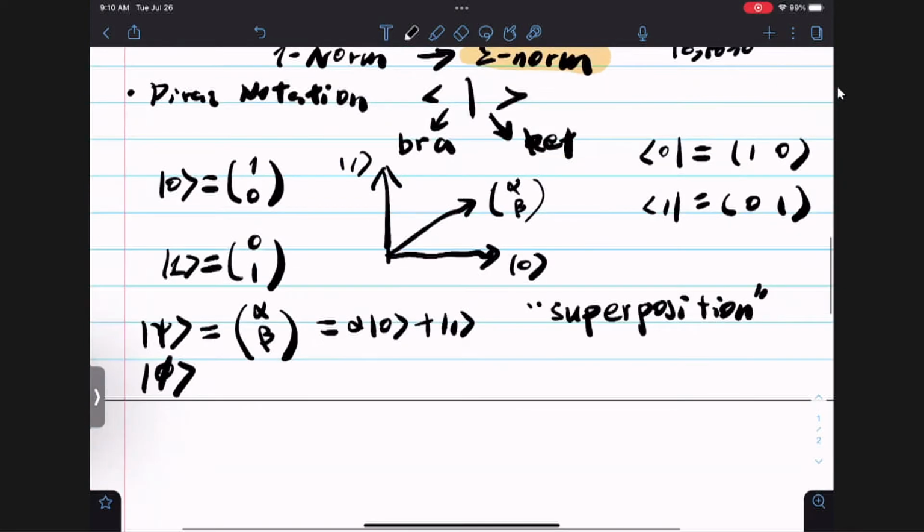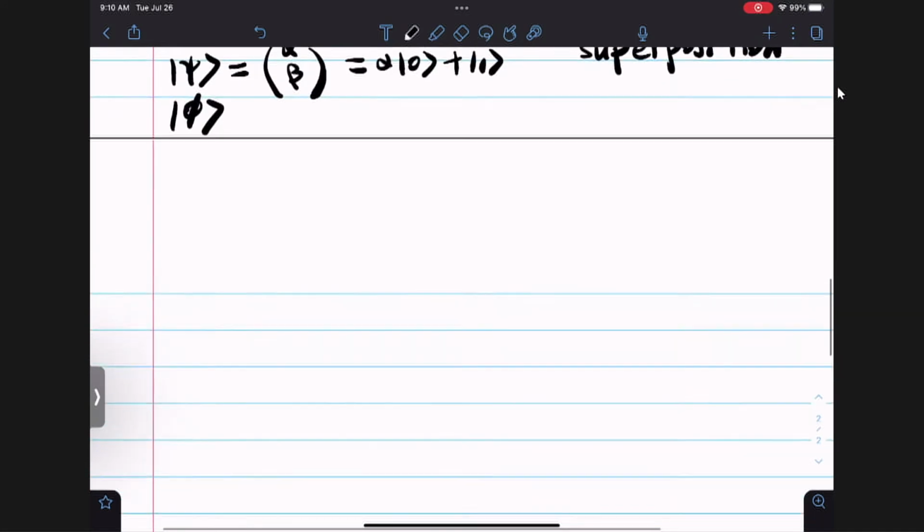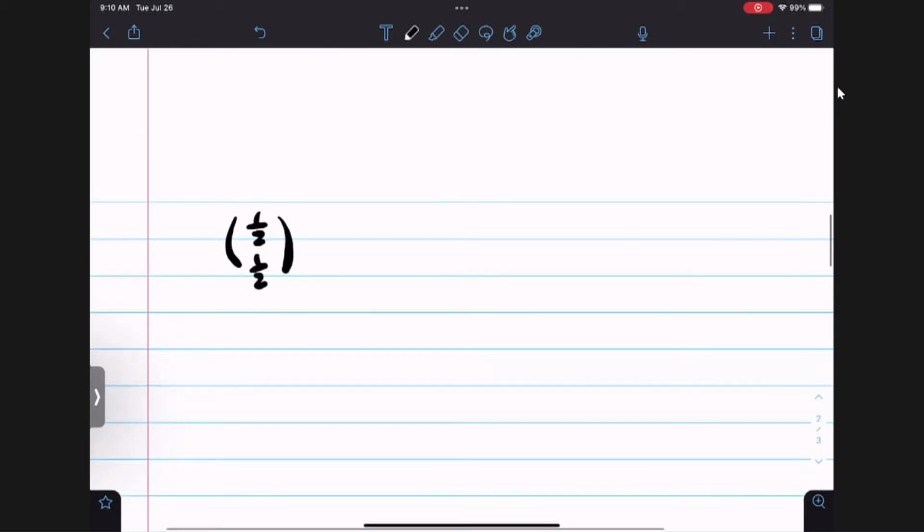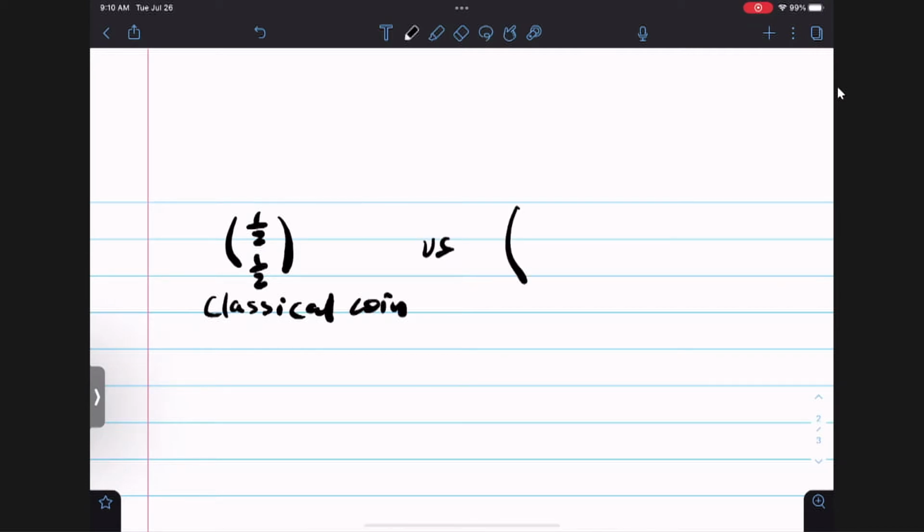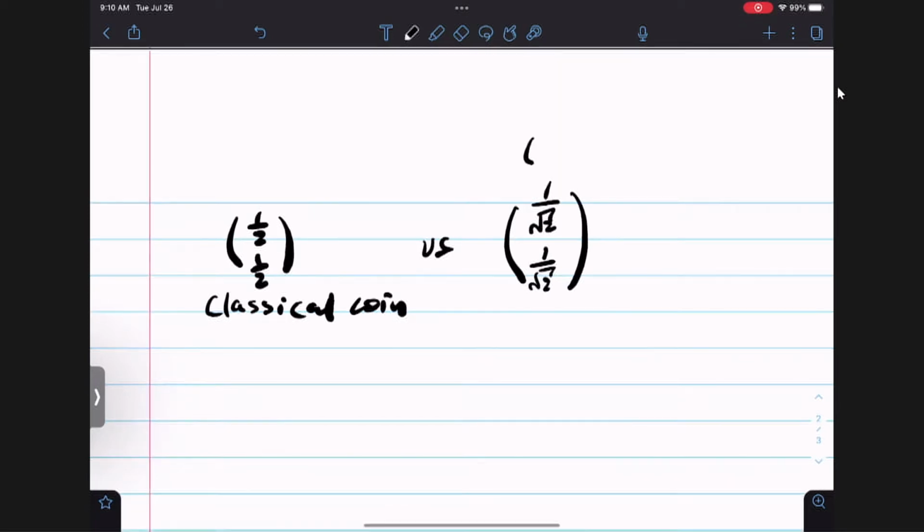Okay, so let's look at a special quantum state here. Again, recall if you have a classical fair coin, then we can write it as this vector 1/2, 1/2. So this is a classical coin. And then there's an analog of a quantum bit, which if we have 1 over square root 2 as the two amplitudes there, we can call this a quantum coin. So this state we will denote as,